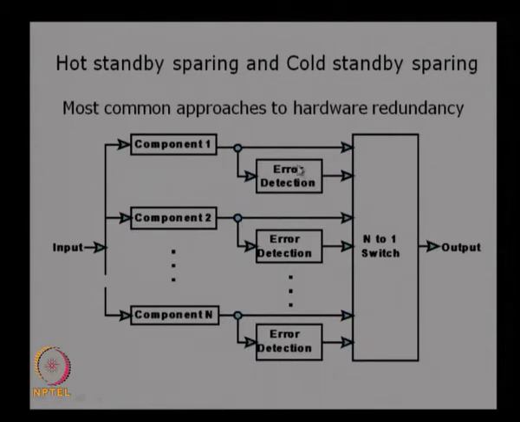Then you can see the error detection is basically whether there is power coming from the external source or not. If it declares an error, this output will automatically be taken and given to the system, the processors. So, there will always be a continuous power supply to the computer, even if there is a failure in one of these. That is a simple example for hot standby sparing.